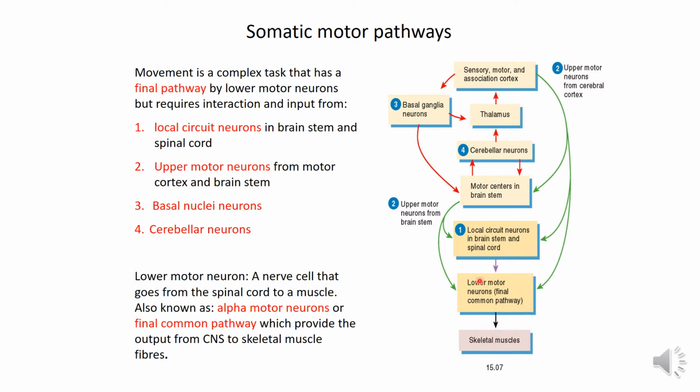So the interaction between the local circuits of the brain, the local circuits of neurons in the brainstem and spinal cord, and the motor areas with the sensory and association areas, with the role of the basal ganglia and the cerebellar neurons, is going to control and discharge impulses in a specific manner through the descending tracts, to control the activity of the skeletal muscles through controlling the activity of the lower motor neuron.